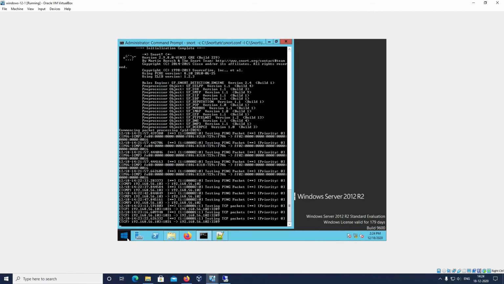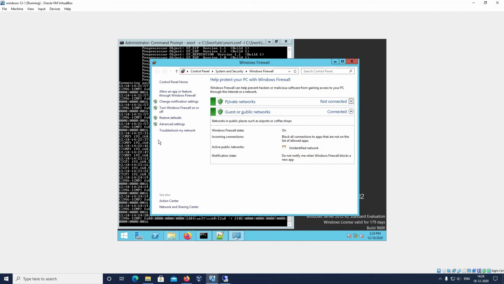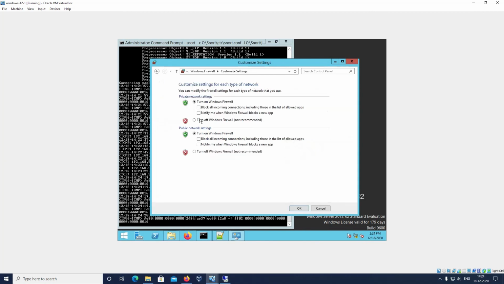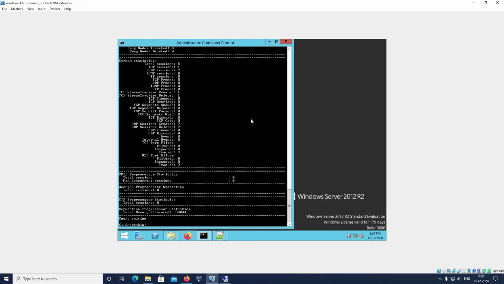One more thing we have to check is if the firewall is off or on. If it is on, we will turn it off. Okay. Now we will freshly run the command again.